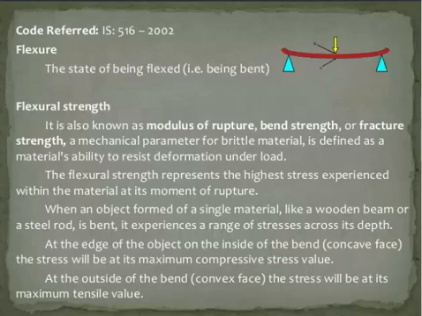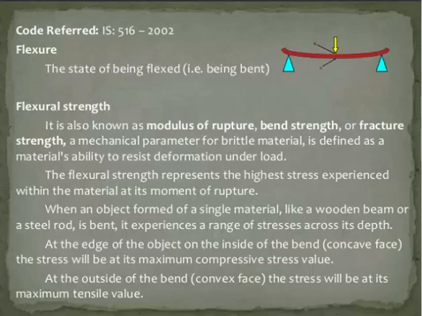Basically, talking about the flexural strength, it evaluates the tensile strength of concrete indirectly. In an indirect manner, it represents the tensile strength of the concrete, and it tests the ability of an unreinforced concrete beam or slab to withstand failure in bending. So basically, this test provides us the ability of the unreinforced concrete beam or slab to withstand failure